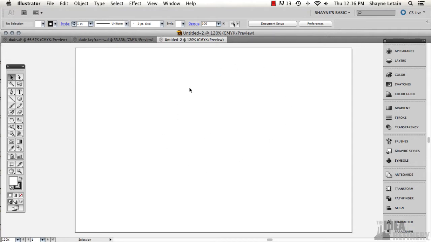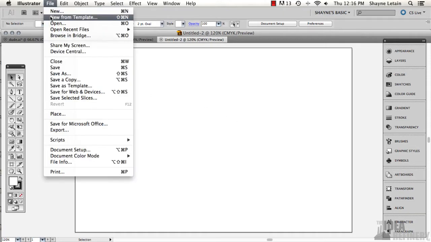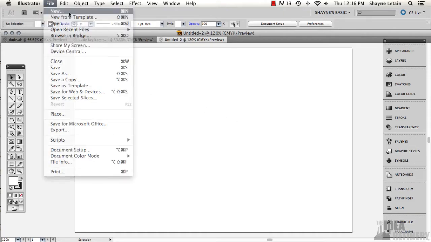I'm actually going to create a lot of my artwork right here in Illustrator and using those storyboards as a very rough guide. Now, if you have in your storyboards some very detailed drawings, then you might want to bring those into Illustrator and set those up as a guide layer and start working with creating your artwork right from that. But what I'm going to do is I'm going to go to my File drop-down menu, select New,